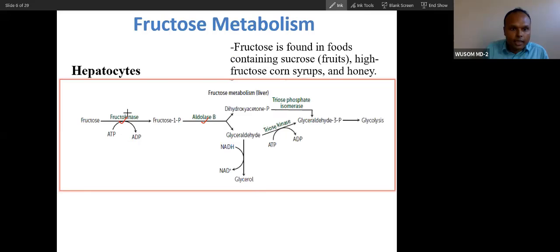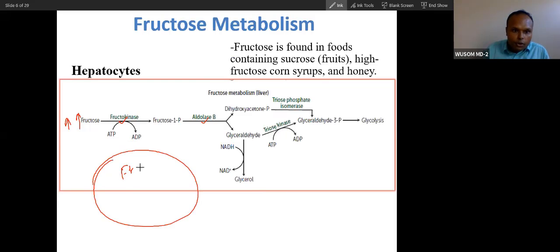And this is a benign condition. If this is absent, what will happen? This fructose will be high. And if fructose is high, fructose is very permeable to the cell. So fructose will come out of the cell and go out of the body through urine. So this is why fructokinase deficiency will not be a problem. And fructose is not our regular diet, so which deficiency will result in something problematic?